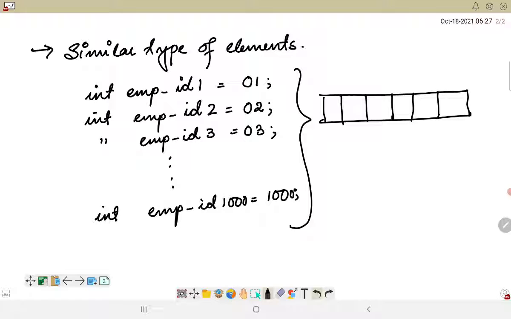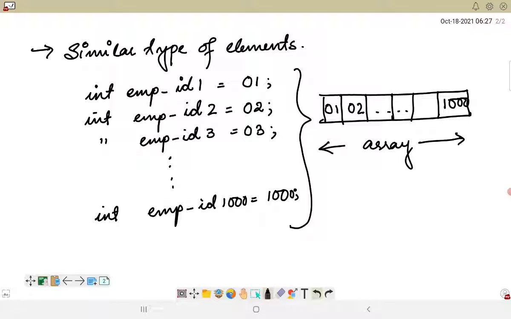So if they are arranged in a contiguous memory location, then we can call it an array. This is stored in the memory as 01, 02, dot dot dot, and from here let's say 1000.